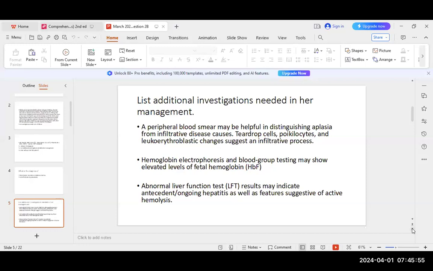I think this patient will need a peripheral blood film that will help to distinguish the aplasia from other infiltrative diseases, where we expect to see